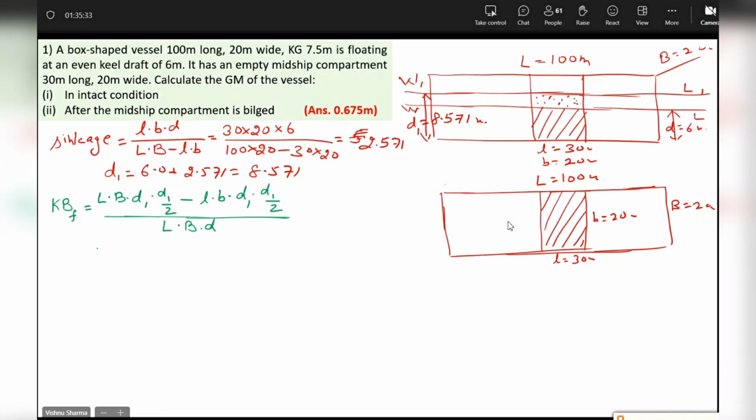In the next step, I put the values and then I pick up the calculator. On the run, I calculate and close it out. 100 into 20 into D1, write down like this. Don't waste your time calculating the by 2 and all that. Write like this. Close it out in one go when you pick up the calculator. Don't unnecessarily